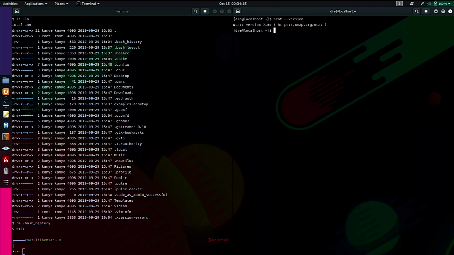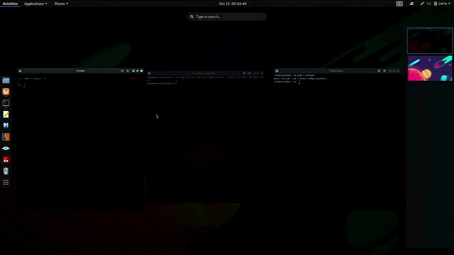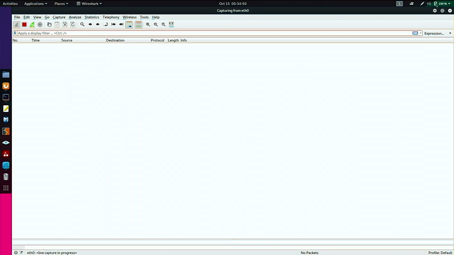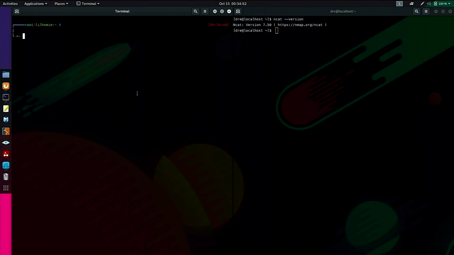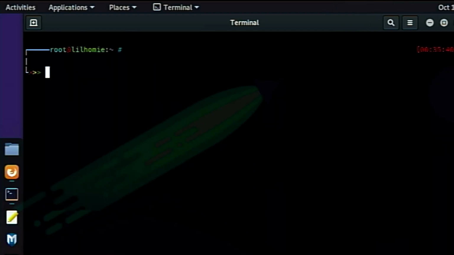Point number one is that Ncat has TLS support, and it is so simple to use. All you have to do is simply pass along the SSL flag, and you'll have some nice covert communication channels for your C2 traffic. So let's do that same Wireshark packet capture example again, only this time with encrypted communications. So I'm going to start up Wireshark, start our packet capture, minimize this in the background, and we can see that Ncat is actually installed over here on the Dre host. Alright, so now we'll start our reverse shell listener,